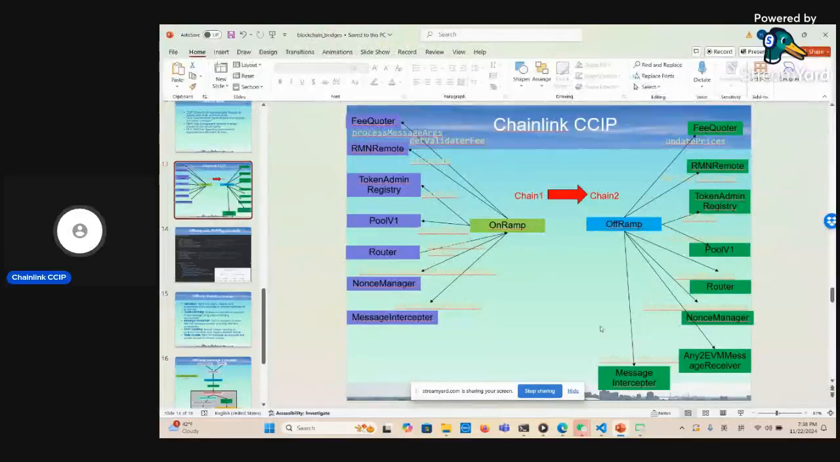Good evening, everyone. Today I'd like to continue to talk about Chainlink CCIP. In particular, we're going to focus on one of the components called a NonceManager. You have NonceManager on Chain 1 as well as on Chain 2. So what is